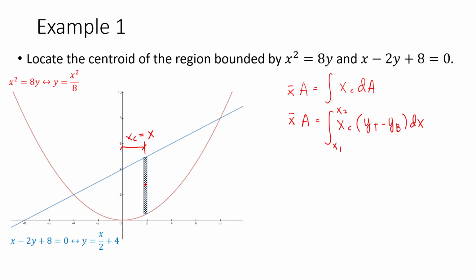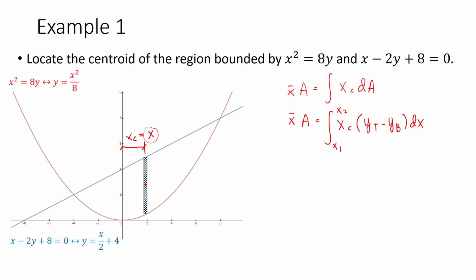So the distance to the centroid of the vertical strip, which is x sub c, is an unknown distance x, right? That's why we're going to let x sub c be equal to x, because later on when we apply the formulas for y top and y bottom, these equations are also in terms of x, right? So you need x sub c, and the other terms are all in terms of x, right? So it's just x sub c